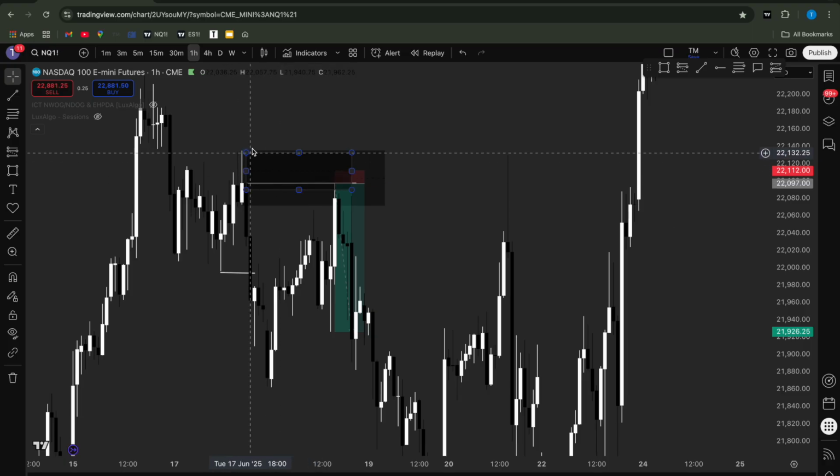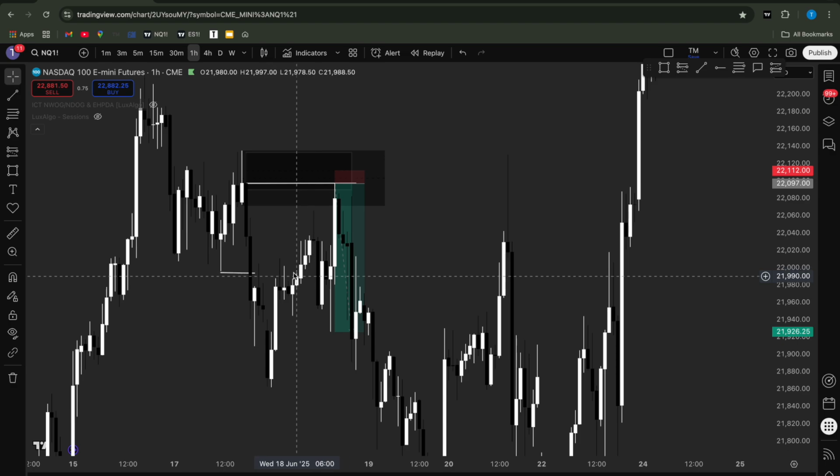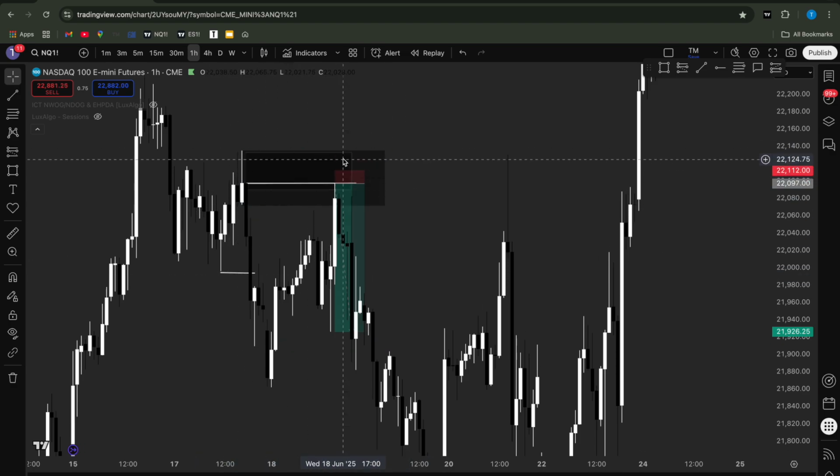Just focus on identifying the order blocks. For bearish, last bullish candle before a move that sweeps something. For bullish, last bearish candle before a move that sweeps something. Fairly simple. Just go onto your chart, try and mark out some order blocks, send them to me,